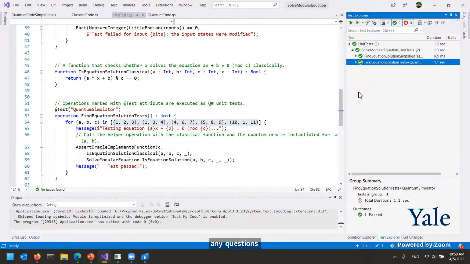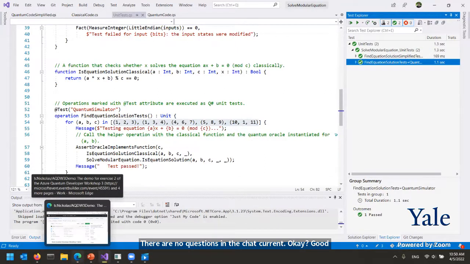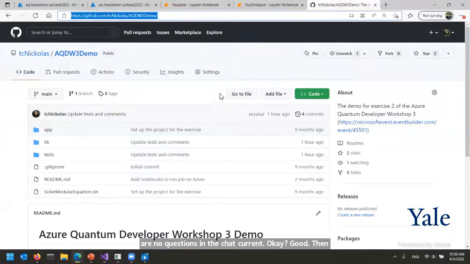Any questions about this little piece? There are no questions in the chat currently. Okay, good. Then we can go to the next step